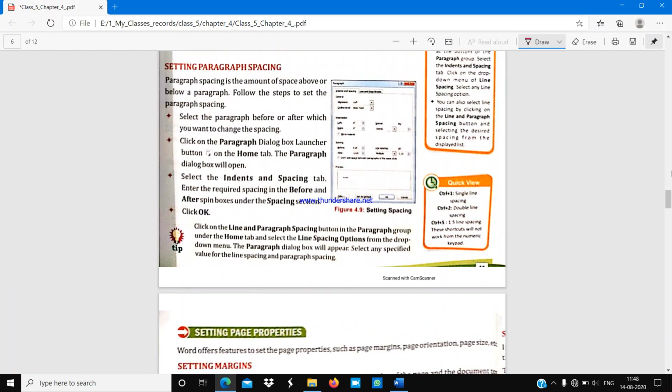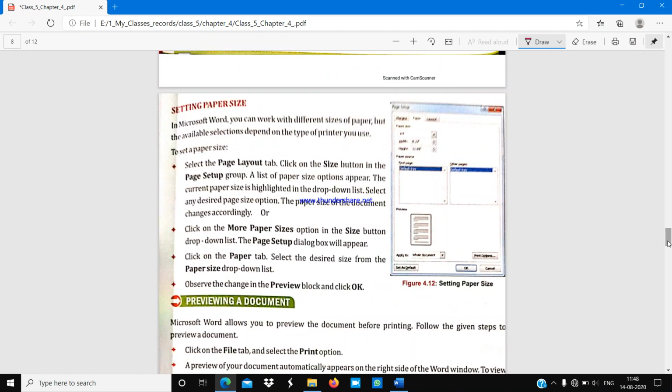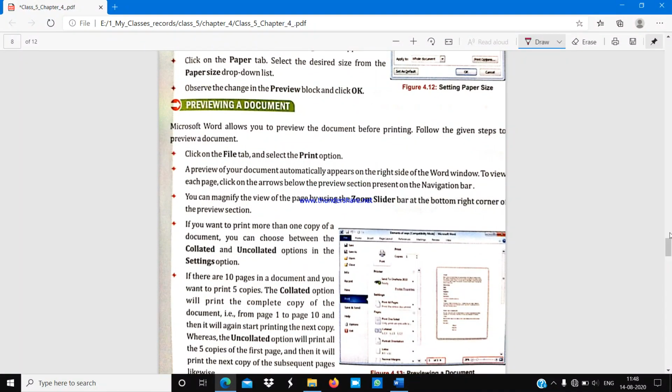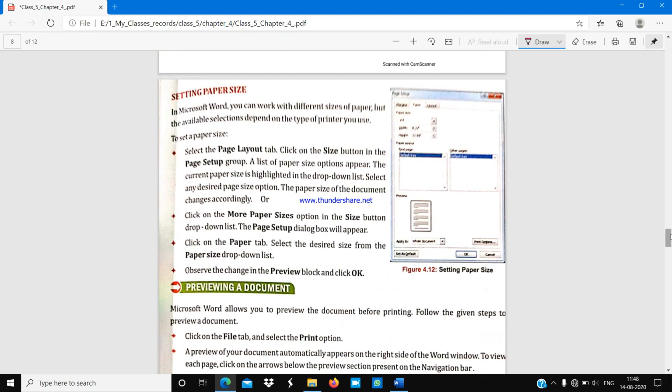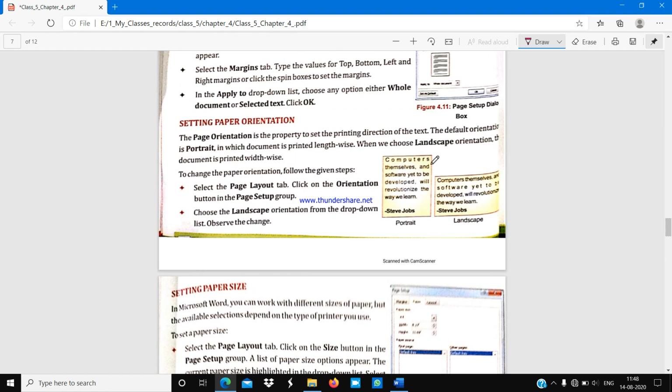Today we will see setting page orientation and setting page size, and the remaining topics we will cover in our next Zoom class or next video lecture.